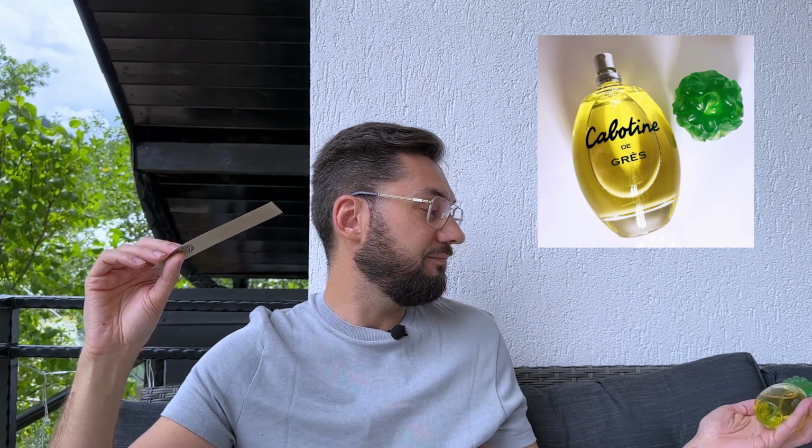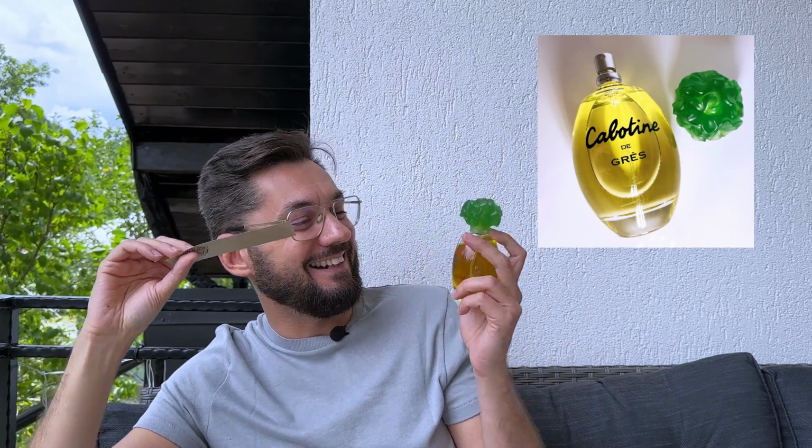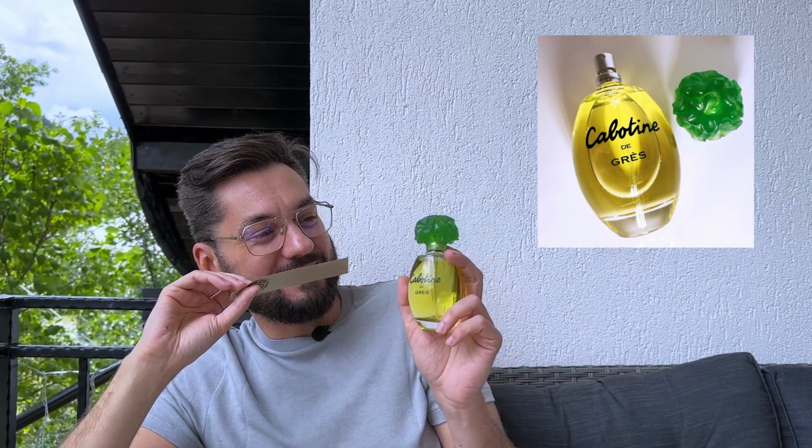By the bottle, I don't know what to say. The bottle does look a bit silly, doesn't it? It does border on maybe a supermarket type of bottle, which again isn't a bad thing at all. So, the name Cabotine,